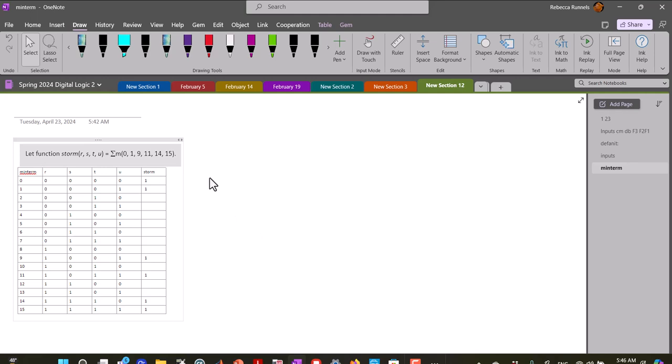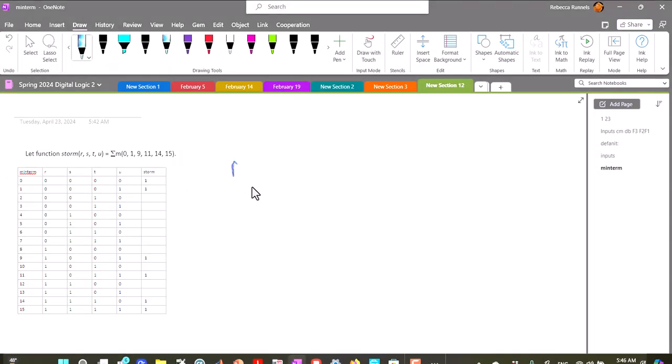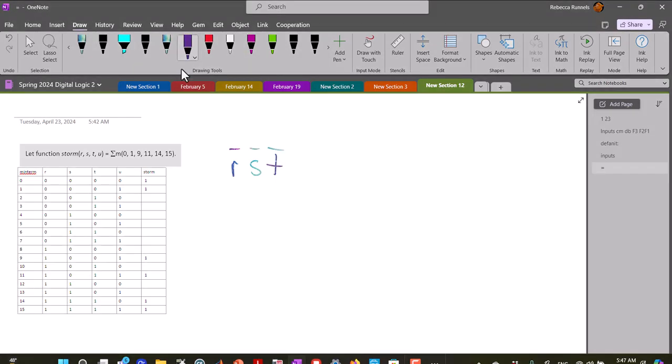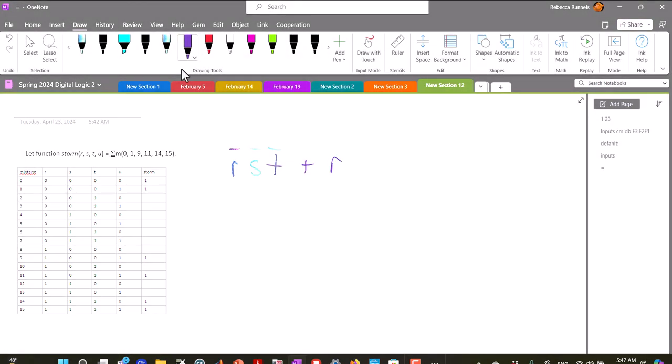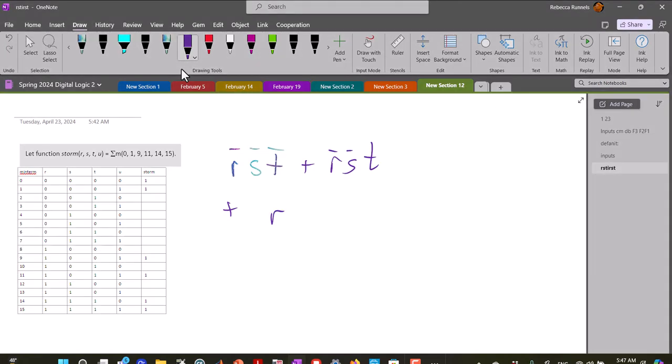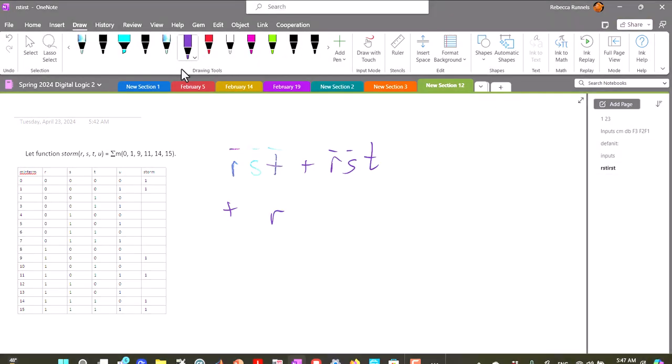So we could just say R'S'T', that's min-term 0, plus R'S'T', that's min-term 1, plus R, let's see,